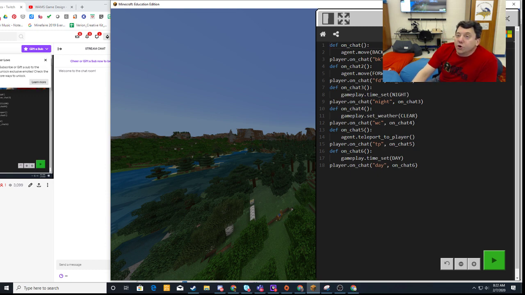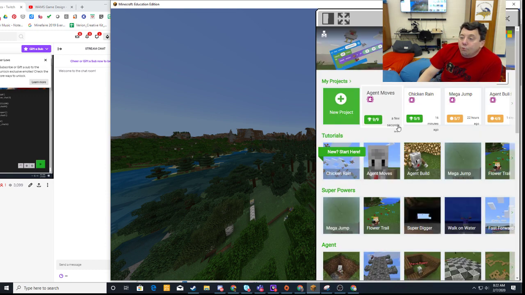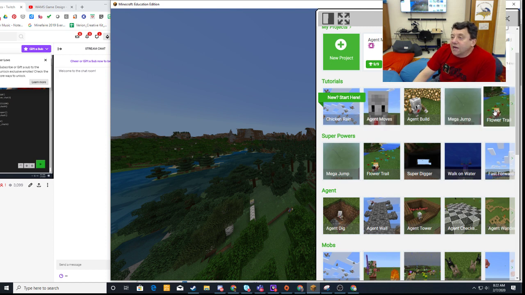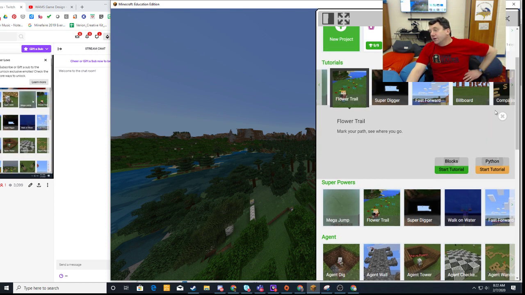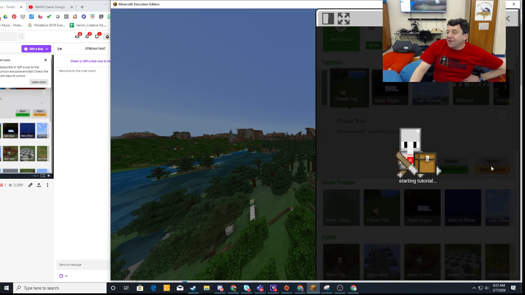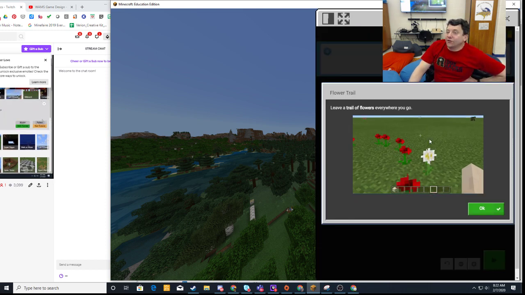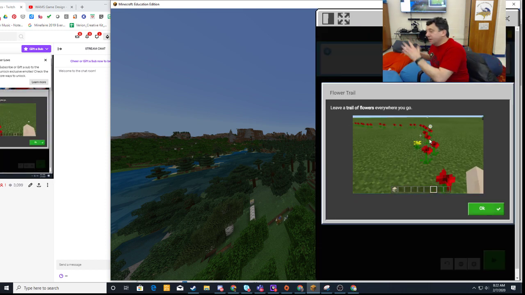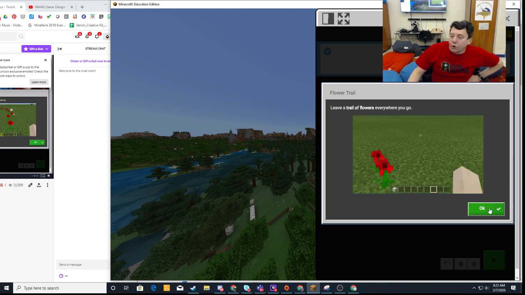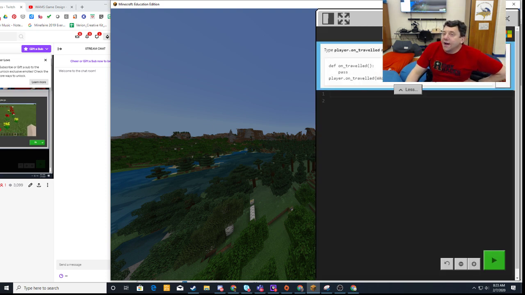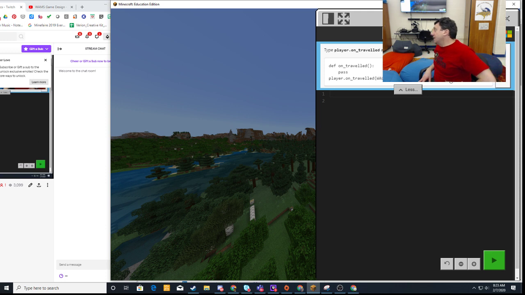But what I want you to do is, generally speaking, when you decide, let's say, I'm going to try this flower trail tutorial, you would go to Python. With this one, everywhere you walk, a flower is going to follow you. Pretty cool. You're going to follow this tutorial step by step, really easy. Presumably, you'll make mistakes because that's what happens when we code, until we look and figure out what we did wrong, and then you're going to